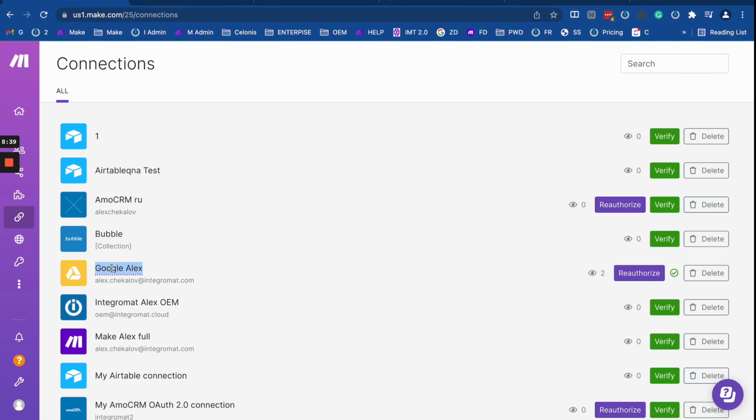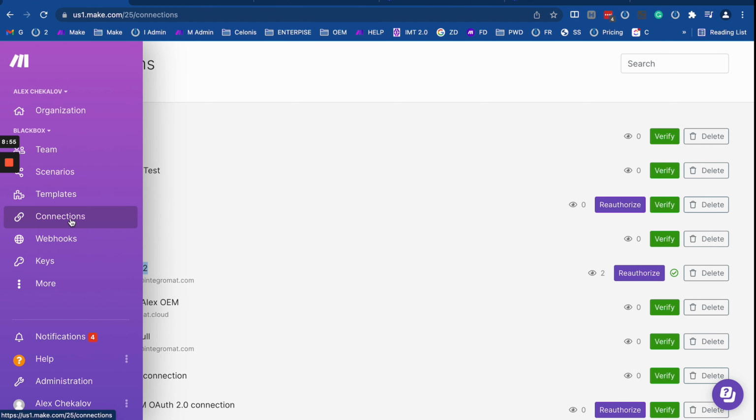So you can just delete the connection, reauthorize it, verify it, or rename the connection label. So you just say Alex2 or something. Just change the name for this connection, and this connection label, as we call it, will appear in your